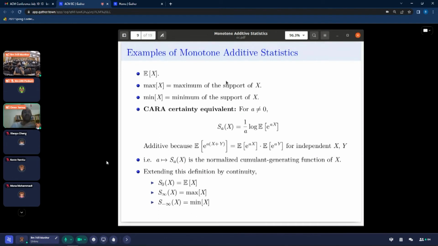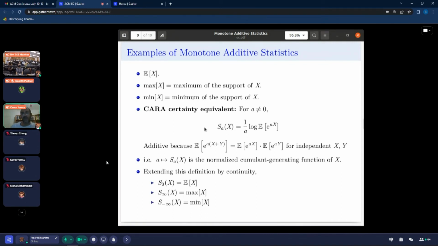If I shift mass to the right, the maximum can only increase. And if I add two independent random variables, the maximum of their sum will be the sum of their maxima, so it's additive. The same holds for the minimum of the support. If you're thinking about your statistic as capturing what deterministic amount of money a certain gamble is worth, then if you go by the maximum, you're a very optimistic person who's sort of counting on getting the maximum payout possible. If you look at the minimum, you're somehow implementing the preferences of a very pessimistic, very risk-averse person, who always assumes they're going to get the worst possible outcome.